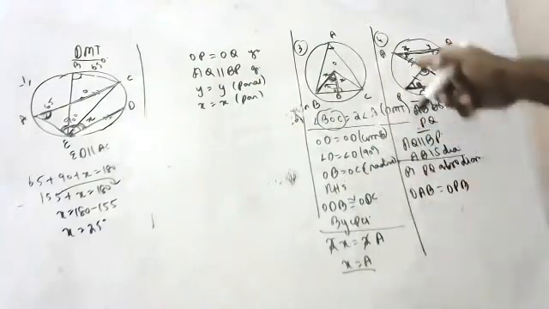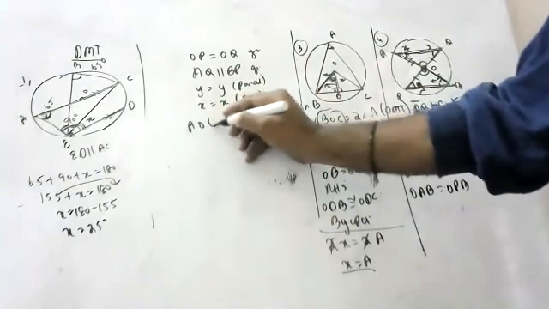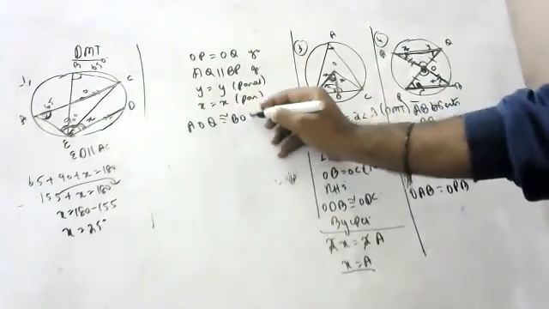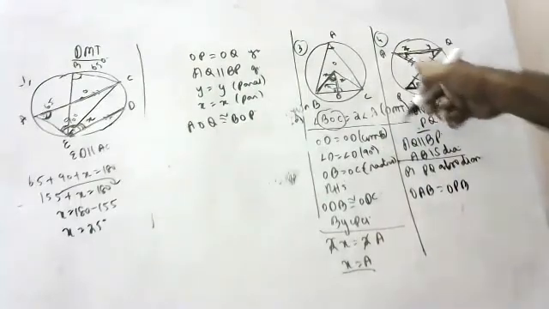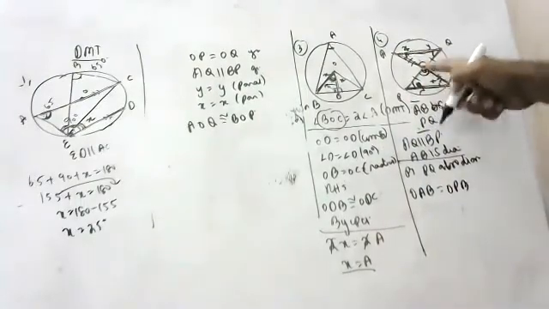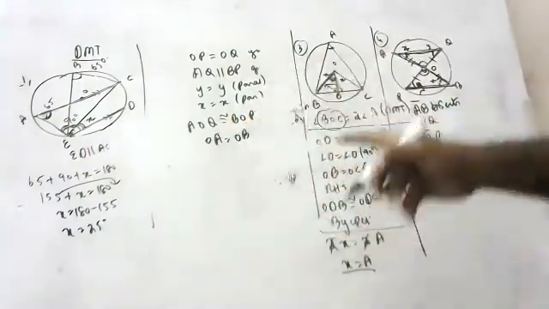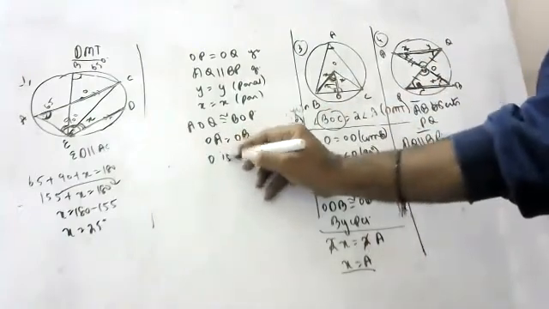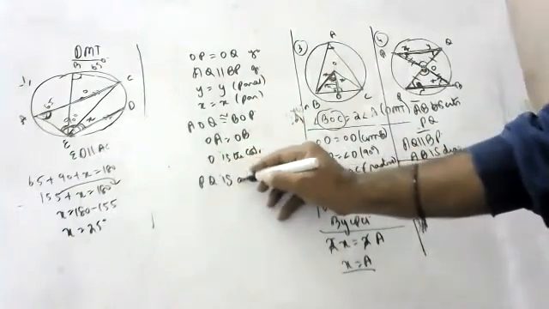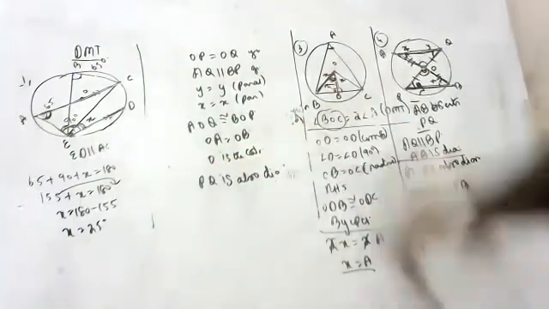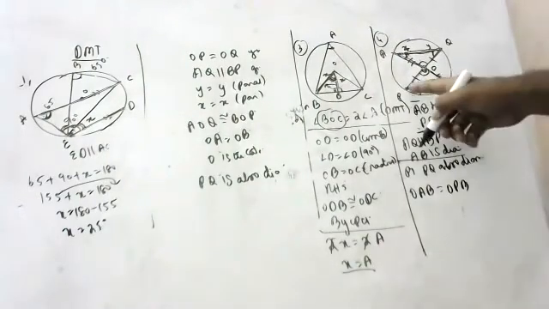So AOQ and BOP are congruent, children. AOQ is congruent to BOP. Everything is congruent. From that, we came to know that OA is equal to OB. Children, he said these both are equal, but we also proved that OA is equal to OB. If OA is equal to OB, it means O is the center. If O is the center, PQ is also a diameter, because PQ is also going through O.